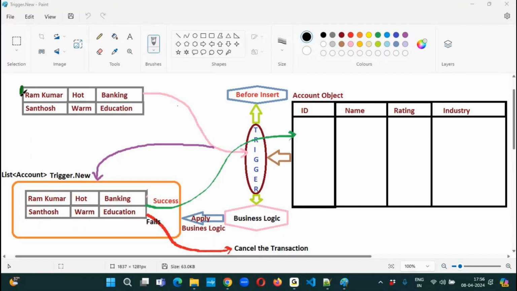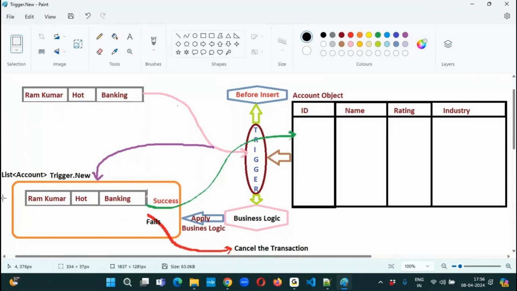So this is the record here. There are two records available here. The user may insert either one record or multiple, whatever. I'm not bothered about that. For example, the user is inserting only one record. Now this is a record with name, rating, industry. As soon as you try to insert this record into my object here,